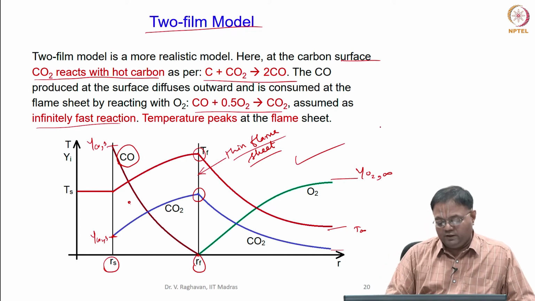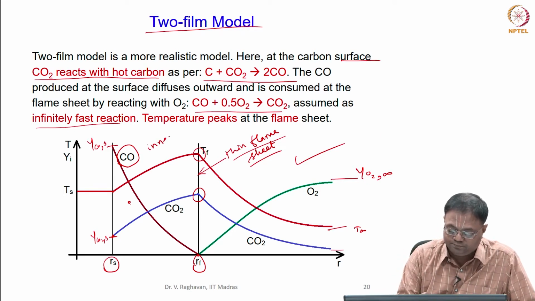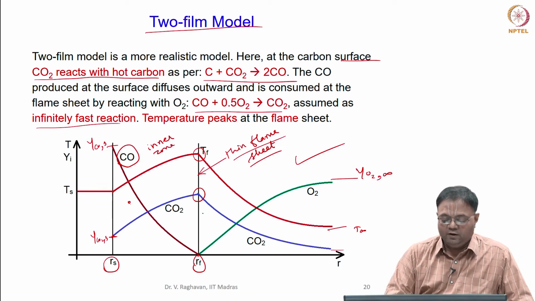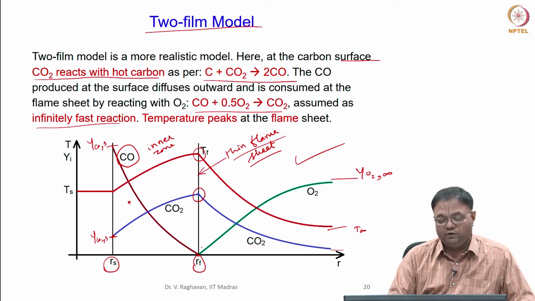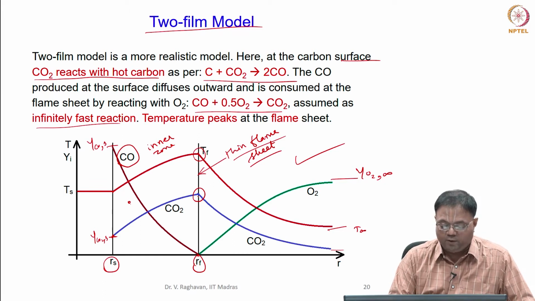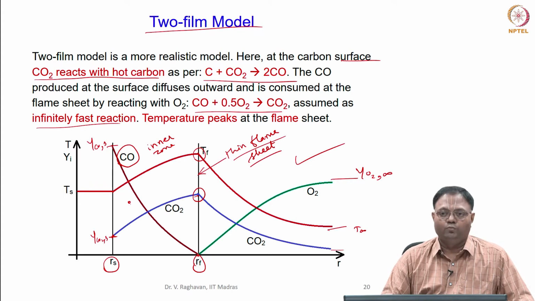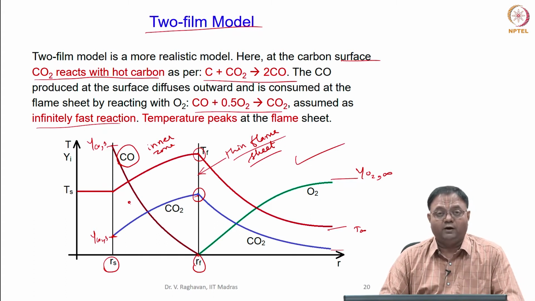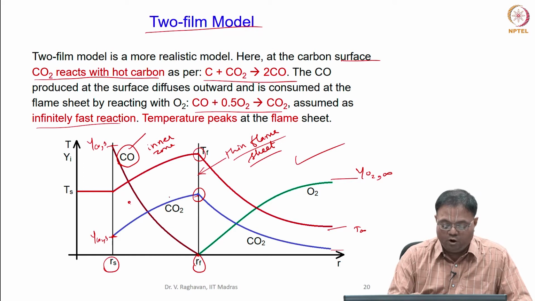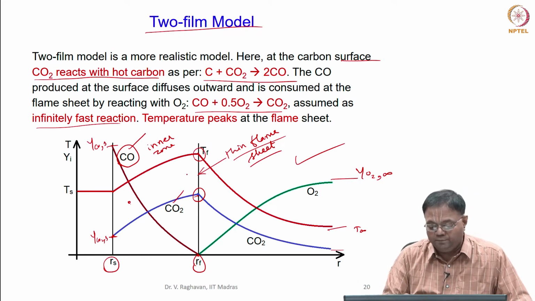Okay. So, you can see that again like in the droplet combustion, there is the inner zone here, from the surface to the flame, where the CO2 formed diffuses towards the surface, participates in the surface reaction, and CO forms there, and that diffuses towards the flame and gets consumed there. So, oxygen is not present here. If you see here, CO and CO2 are the two species we have. Okay. Go to the ambient.